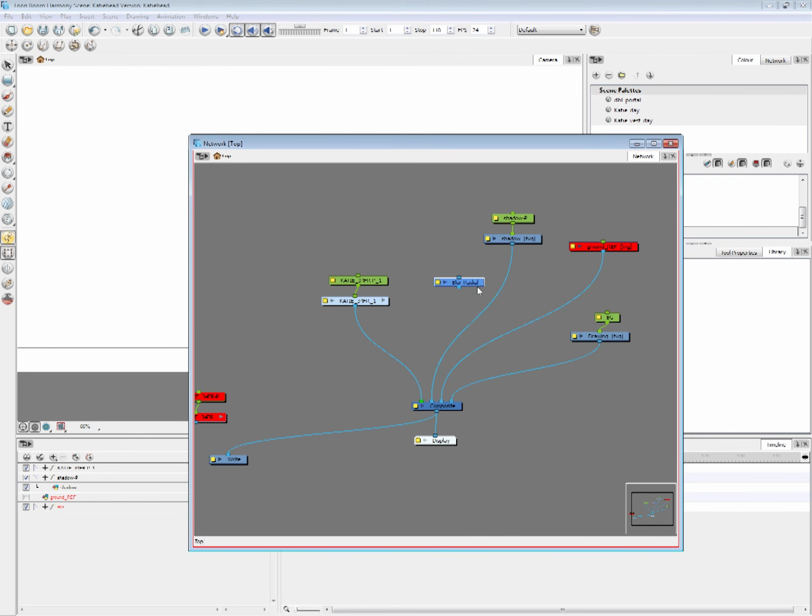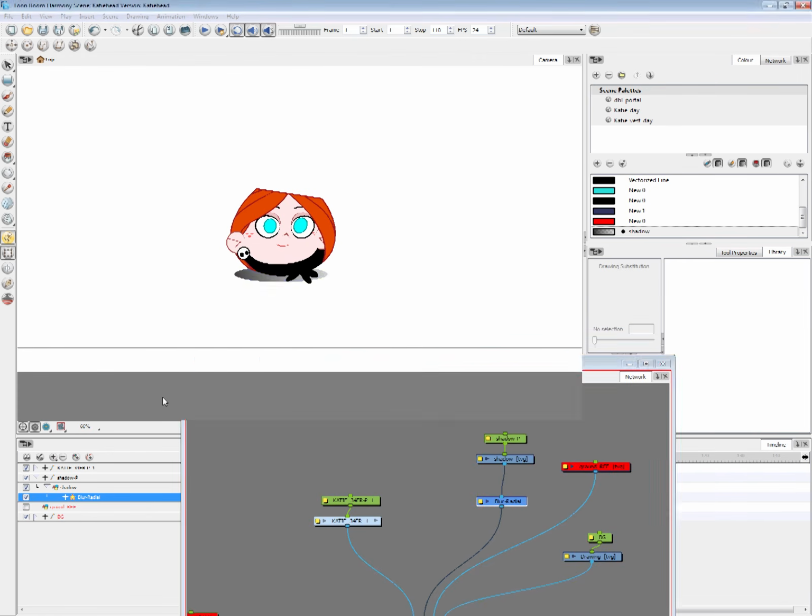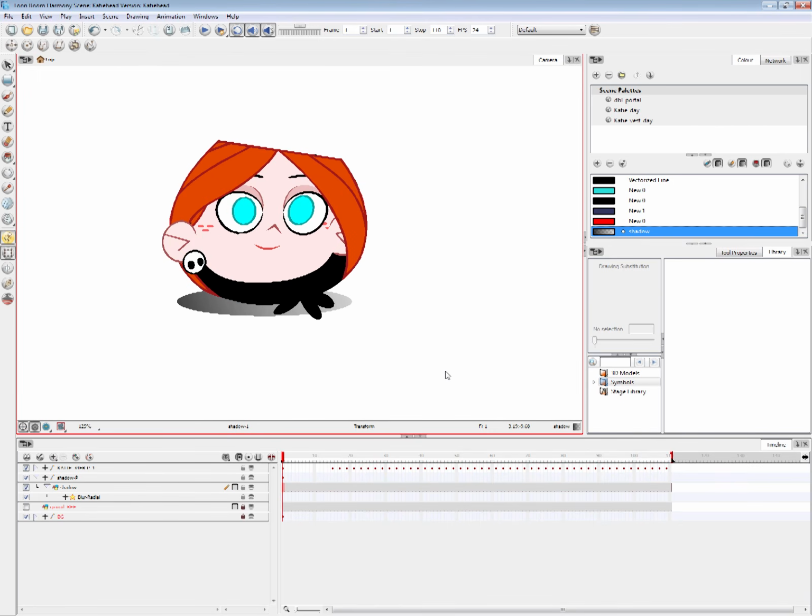I'm holding Alt and then just dragging it over, and it will connect. If I hold Alt again, I can take it out just the same. If not, I can just connect it like so, but that takes time. So that is a little trick while holding Alt. Blur radial. Is it blurred? Can you tell? I certainly can't. Let's render it to see what it looks like.